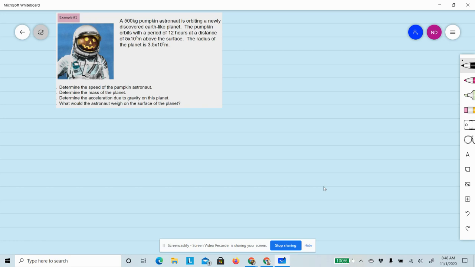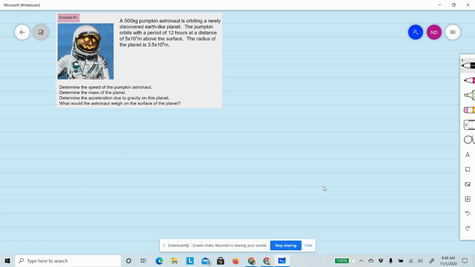The pumpkin orbits with a period of 12 hours at a distance of 50,000... no, 500,000 meters above the Earth's surface. And the radius of this planet is 3.5 times 10 to the 6 meters. Okay, so